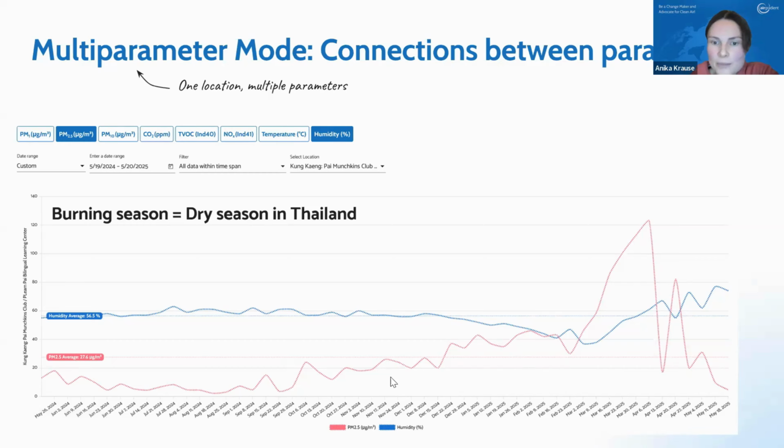So the buildup of air pollution, of course, has something to do also with the dry season. There's no rain to wash out the dust from the air, so that allows the buildup. And then the dry season plus agricultural burning leads to this spike here in March and April. So it's a very intuitive tool, this visualization tool, and it's really fun to play around with data to find patterns. I invite everyone who has already AirGradient sensors to play around with it.